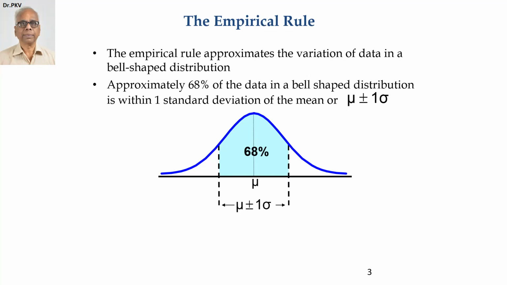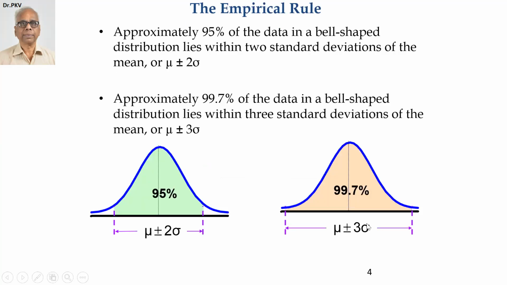In other words, only if it is a bell curve, this rule holds true. Let's say you construct a histogram and approximately you are convinced it looks like a bell curve. Then you can apply this rule. That's the beauty. Now, if you extend this to, let's say, within plus minus 2 sigma.